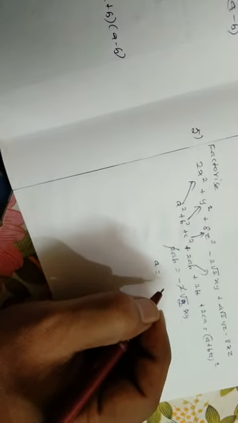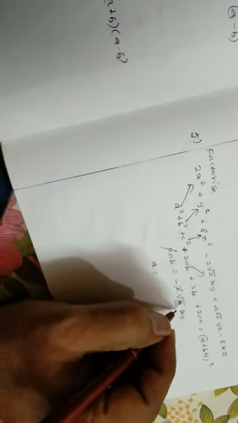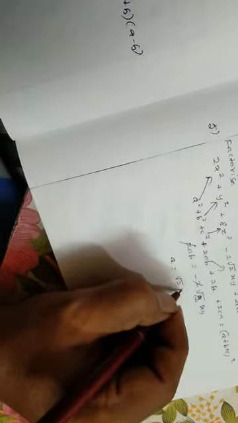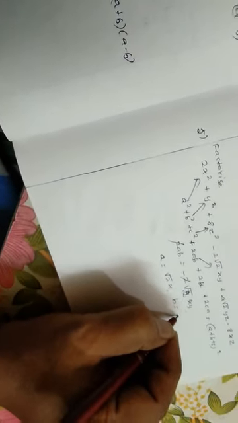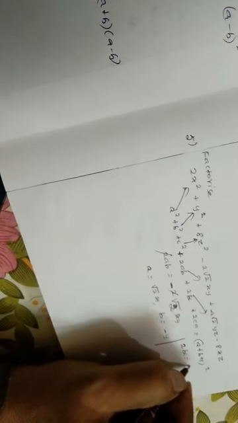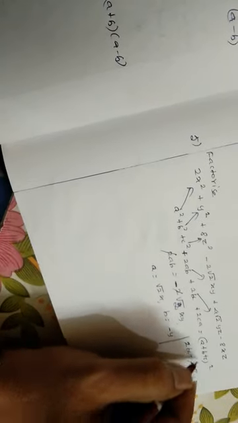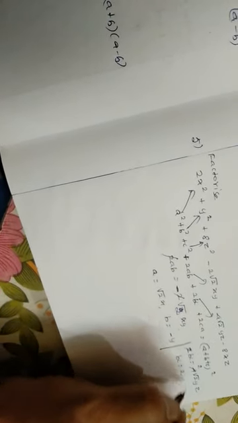Instead of a you can consider root 2x. Instead of b you can consider minus y. Why? Because it's a minus, and the minus you can write with any one, so you can think about b. Similarly, 2bz is 4 root 2 yz. The 2 we can cancel, so bz equals 2 root 2 yz.